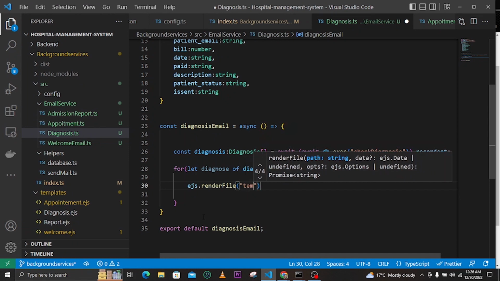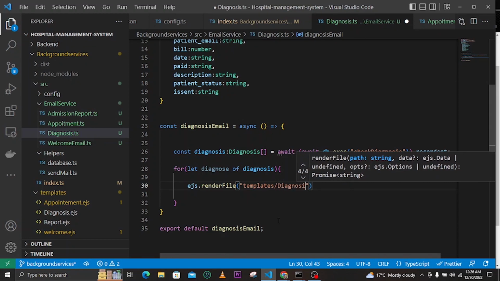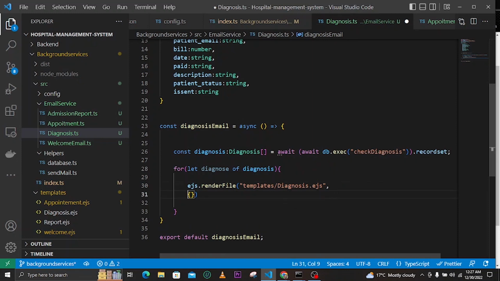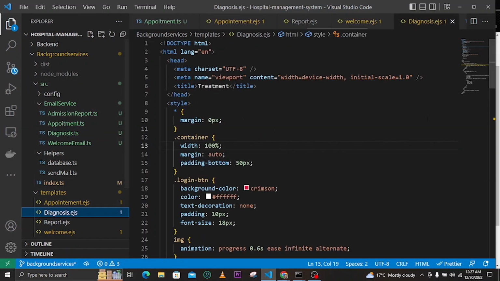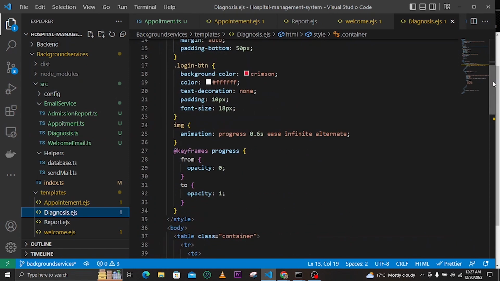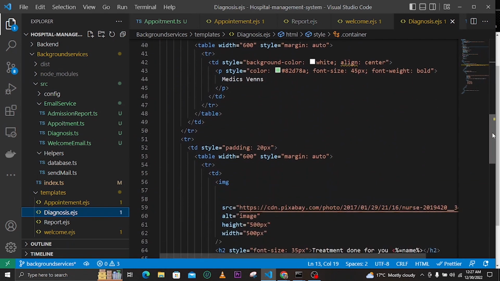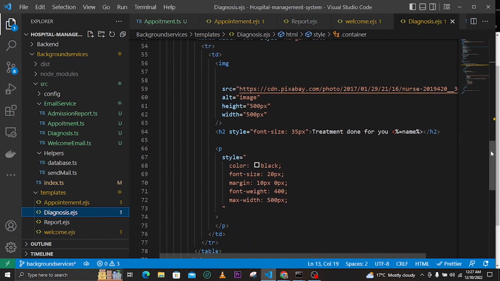So we just say templates, and then you can see it here, this diagnosis. We just take the name diagnosis.ejs. The second option here needs an argument, because we need to input the name and the diagnosis description inside our diagnosis. We need to have the name, and this name is for the name of the treatment. You can see here the name, and also we need to have